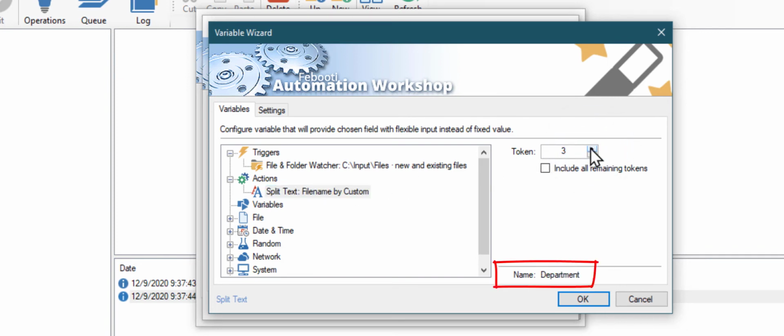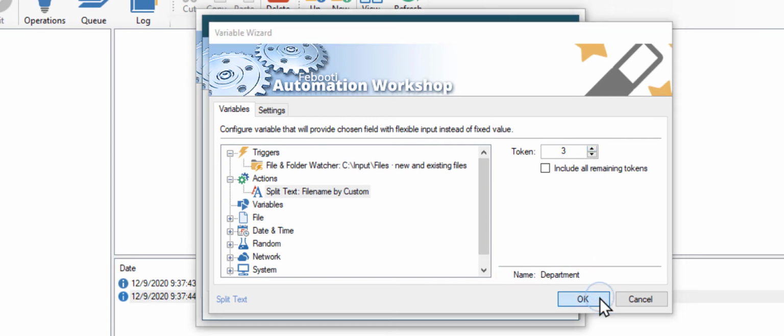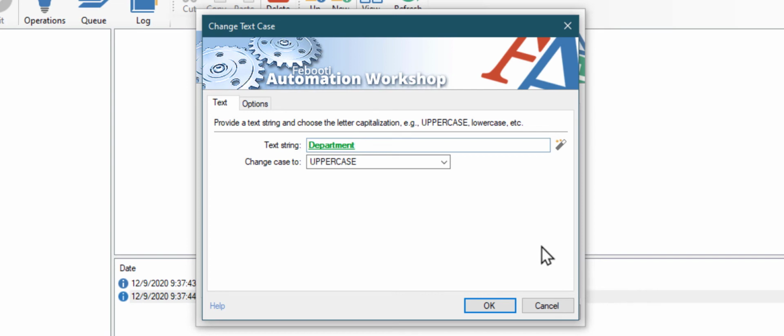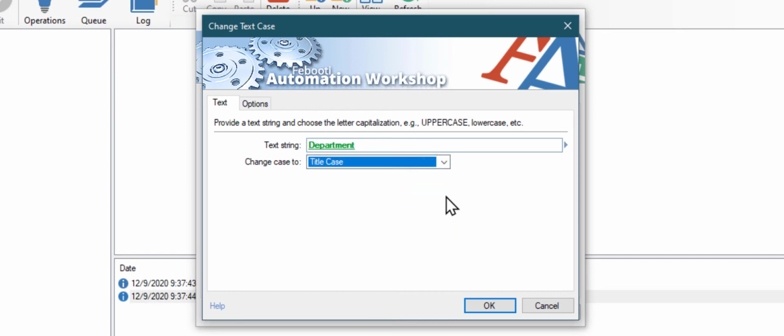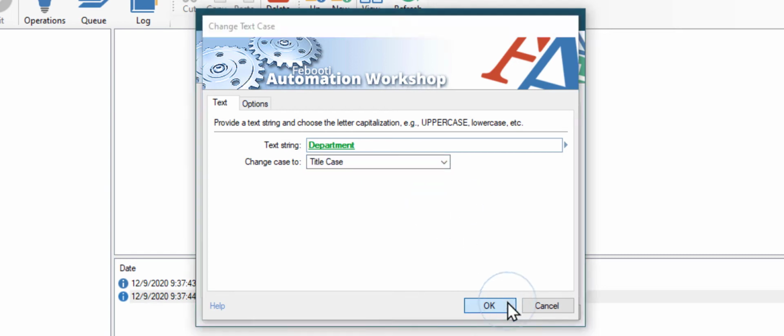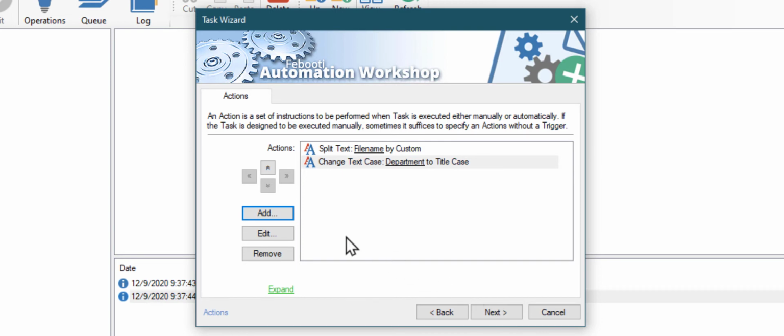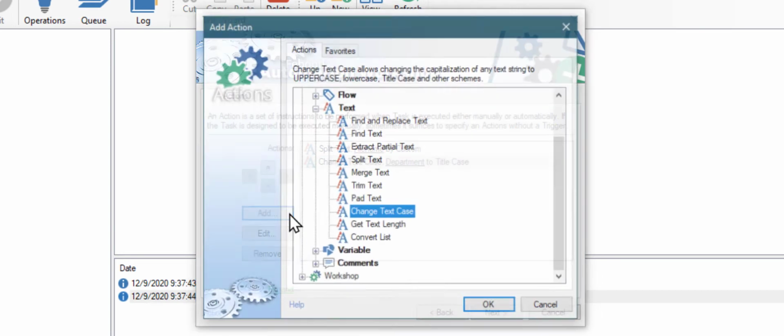And select the department, which is the third token in our file name. Select the title case method. And click OK.